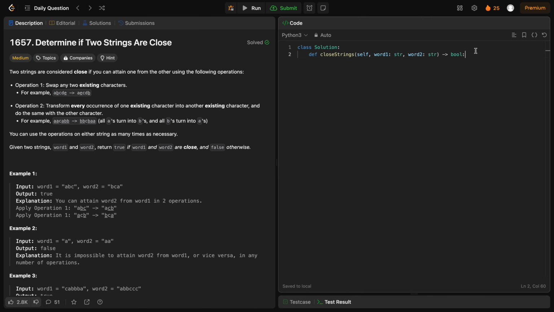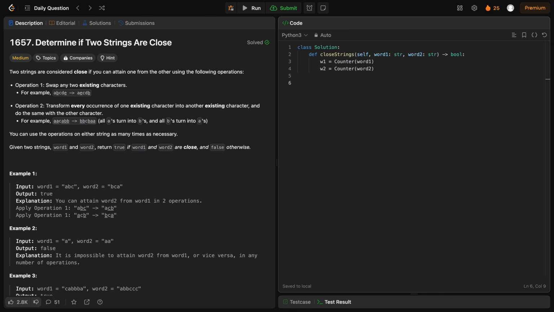So, just like last video where we counted the occurrences of letters, we're going to do the same thing. So, we'll call W1 equals, that would be word 1. And then this time we're going to use a Counter method. And this is basically from the collections, and this basically just does the same thing behind the scenes. So, pass in word 1. And then we'll call word 2 equals Counter word 2. So, what this will do is it will count the occurrences of each one of the characters for